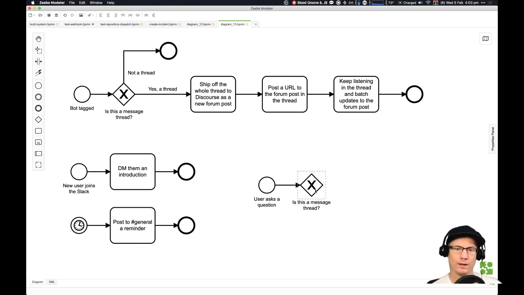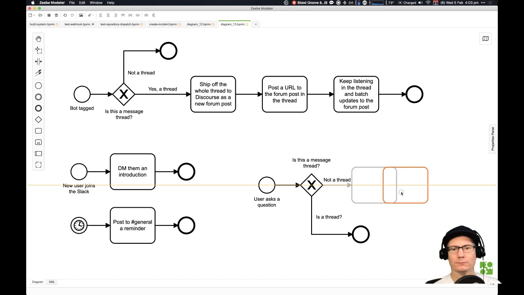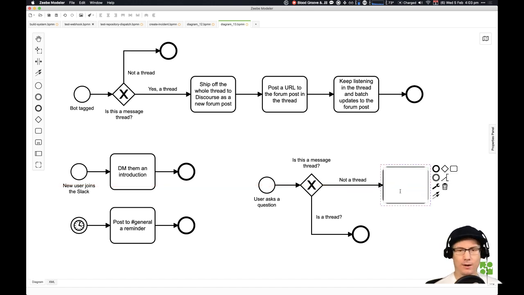Because I've got to do a bit of thought and experimentation with this. Okay, so if it's not a thread, no, if it is a thread, it's just going to exit. And this is if it's not a thread. If it's not a thread, then it's going to